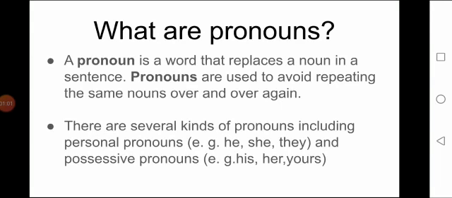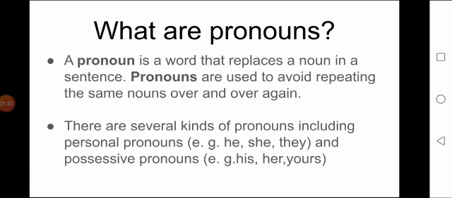And why do we use pronouns? It avoids repetition. It gives variation in our piece of writing. The use of pronouns is very useful and effective when you do your creative writing, when you do paragraphing, when you write text. Otherwise you have to use nouns again and again. So, to avoid the repetition, we use pronouns in place of nouns.